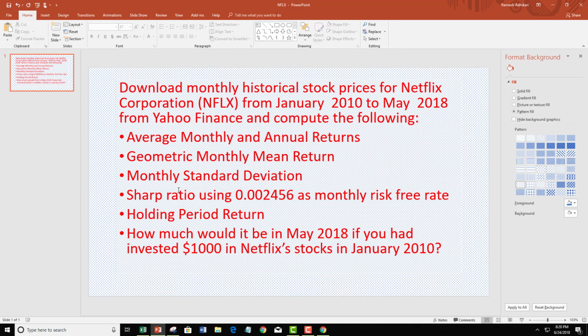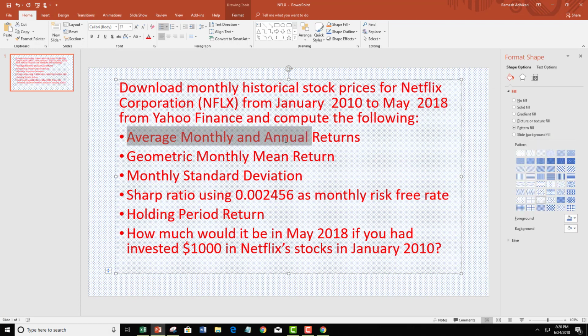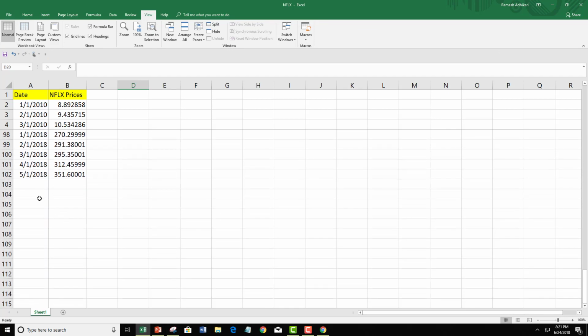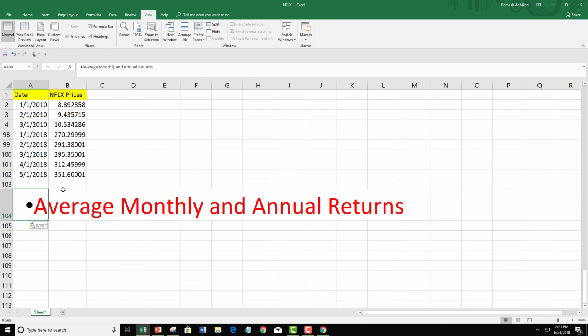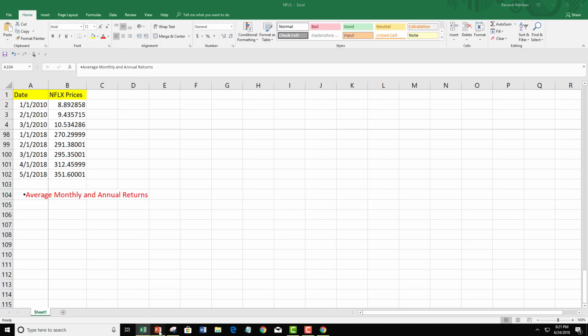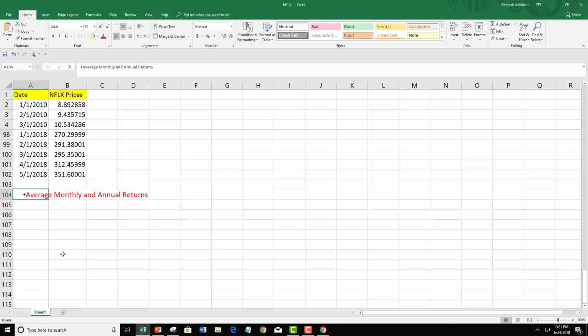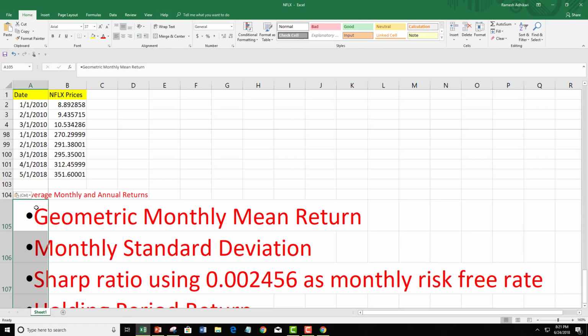So the question is asking the following: average monthly and annual return. I can copy this here and take it to the Excel file. So I'm going to put it here: average monthly and annual returns. This is too big, so let me make this smaller. All right, and the next thing being asked, I can copy all of them together. So I can copy all of these and take them to the Excel file, so that again I can make this smaller,